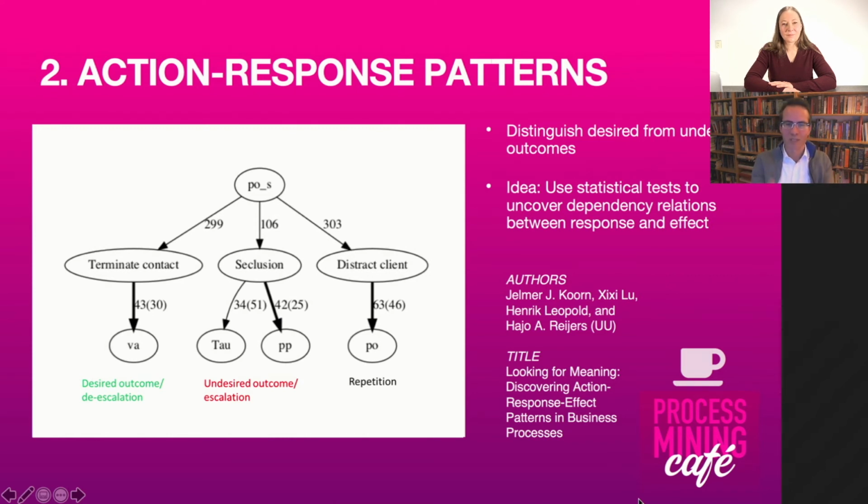Other actions, it would go too far to explain the whole tree, but other actions are perhaps much less effective. So what you get from this, on top of an understanding of the process, is an understanding of the mini patterns of causality. I do this, then this happens, and this is much more effective than doing it in this way. This gives you an additional layer of explanation of what is happening in your process, which you can use, of course, to also change your process, to instruct, for example, your nurses to take some actions or to do some responses rather than others, because the data shows that is more effective if you want to have desired outcomes.